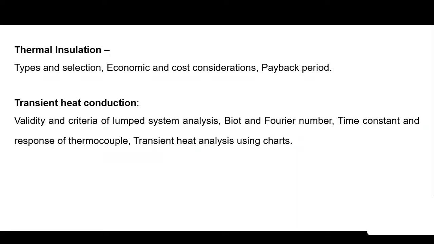to talk for the first time about the unsteady conduction problem in which the transient heat conduction is to be considered, whereas the heat transfer rate is not constant with respect to time, it is varying with respect to time. And in that case, how can we solve the problem? There are certain methods, the lumped system analysis we are going to apply. We are going to define dimensionless numbers like Biot number, Fourier number, and their physical significance. We are going to talk about the time constants and the response of the thermocouples, and transient heat analysis by using the charts. So we are going to talk about the Heisler and Grober charts for finding the transient heat conduction rates.